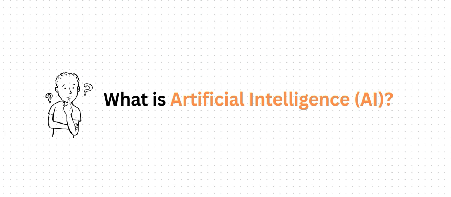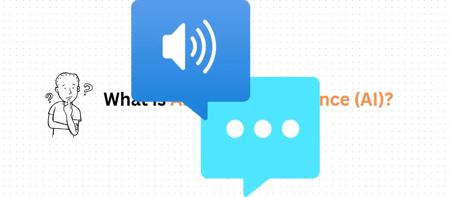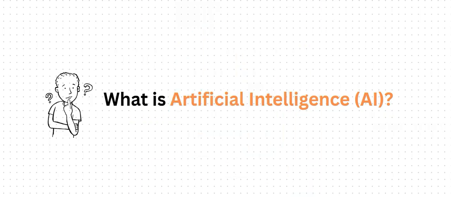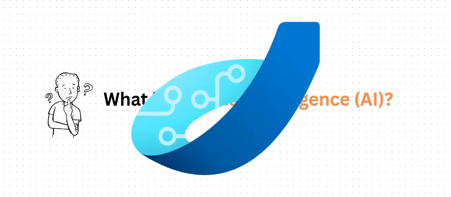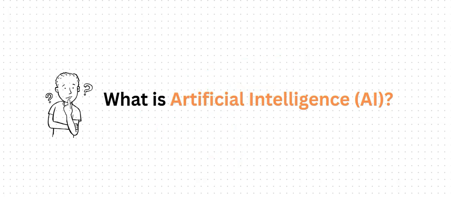After that, we'll dive into the Azure AI ecosystem. We will explore all the services it offers, like Azure Cognitive Services, AI Speech, AI Language, AI Decision, Applied AI Services, Azure OpenAI, and Azure Machine Learning as a service. And this won't be just theory. For each service, we will cover what the service is, its real world use case,